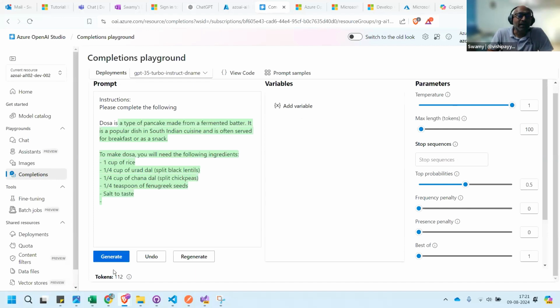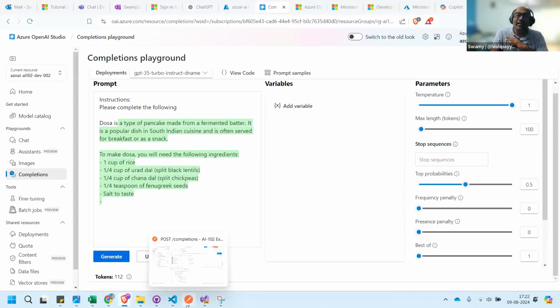So I'm just clicking on this to generate. You see, I said instruct, please complete the following. Dosa is... it's trying to complete, but it has stopped in between. It has stopped because it is not giving a reason here, but when we try the same or similar in Postman or some other place, it gives us a stop reason.